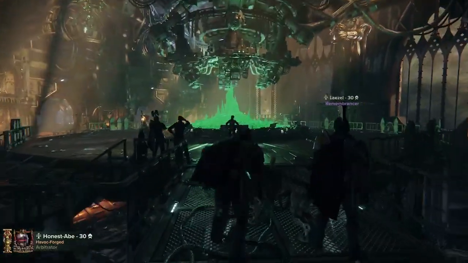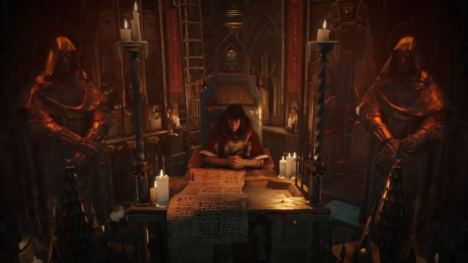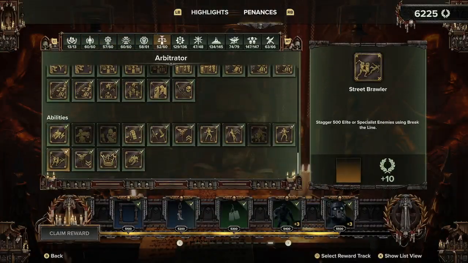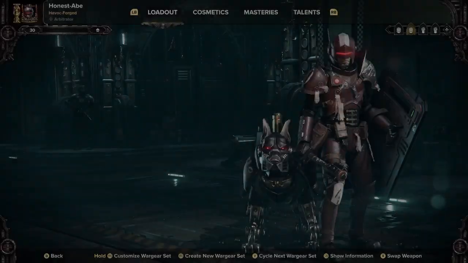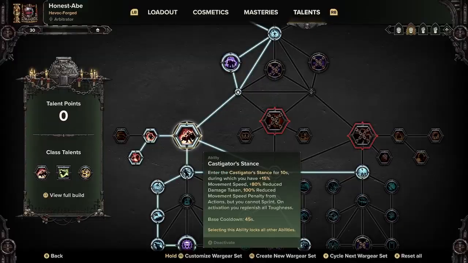Alright, and with this build, we're looking for marked targets. I only have, I think, 2 penances, like skill-based penances left with this one. The one is switching the stacks, and Justice Suspense killing marked enemies. This build is currently rocking the kill marked enemies, and I didn't show this, so let me go over this